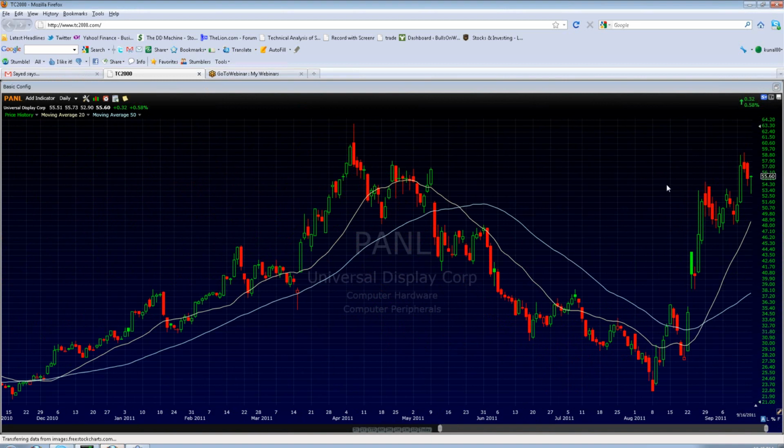So, this stock, right? It's had a run. It already had the run. It had its nice flag that it broke out of, and it had its big momo move. The thing I don't like about these types of stocks sometimes is when you get this far away from the 20-day moving average without ever retesting it, that to me shows a little bit too much extension without a rest. So there's two ways that a stock can work off its overbought condition. One is through price, aka a pullback to the 20-day moving average, and the other way a stock can work off its overbought